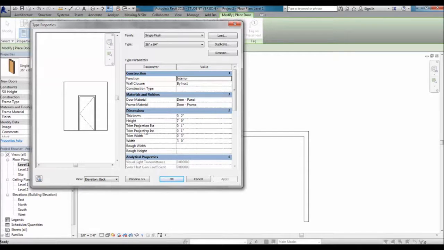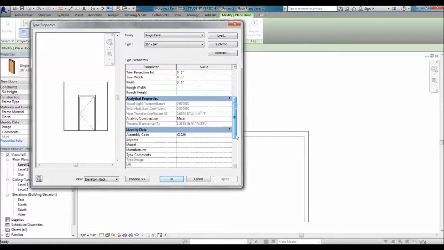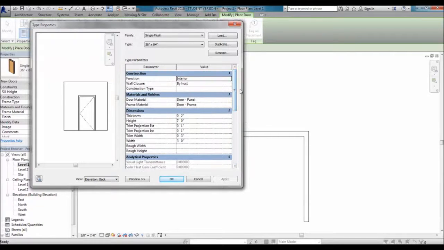You'll also notice that depending on which door family or which window family you're in, you may have more or fewer options here for dimensions or materials or things like that. The reason for that is that these are external files that get built as family files and then loaded in. The number of options you have to adjust really depends on how well this family was built. Where these are pretty basic windows and doors, you only have a few different options. If you go online and download, let's say, a Marvin window, which I'm sure you can find Revit families for now,